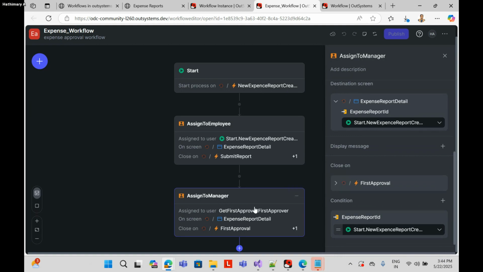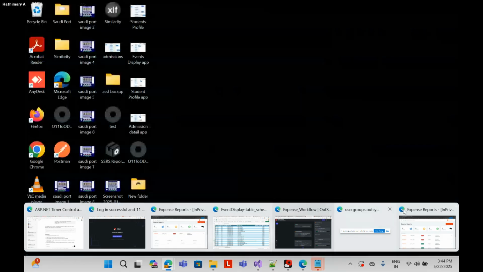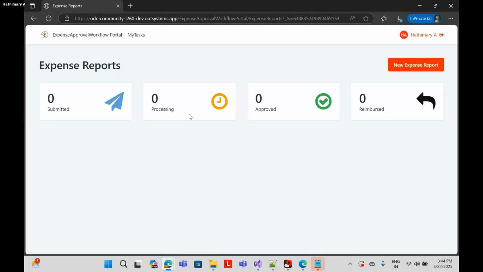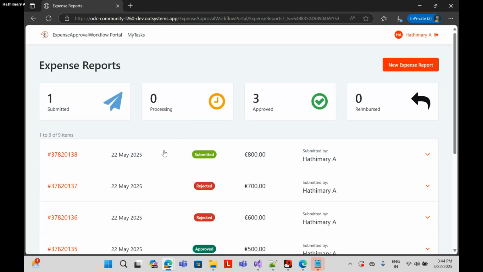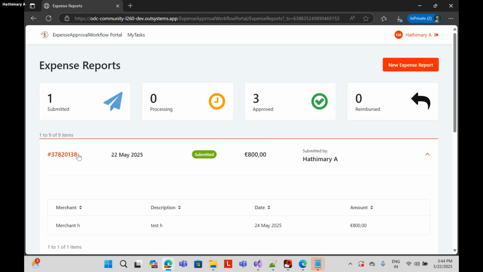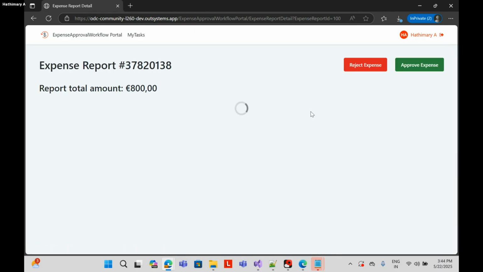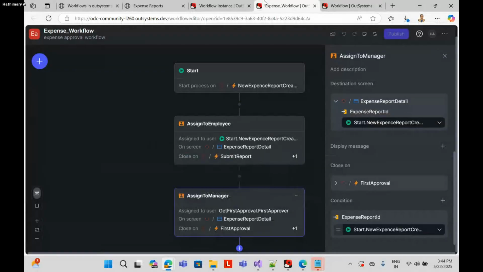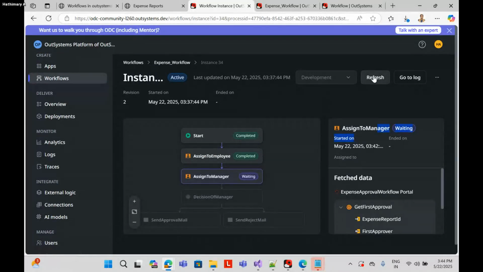So let's see. I will go to the manager account now. Okay. So now if you see here, whatever information I submitted from the other account is appearing here. I'm just opening it. I'm just approving it. Okay, expense approved successfully. So now if you go to the instance and refresh it,